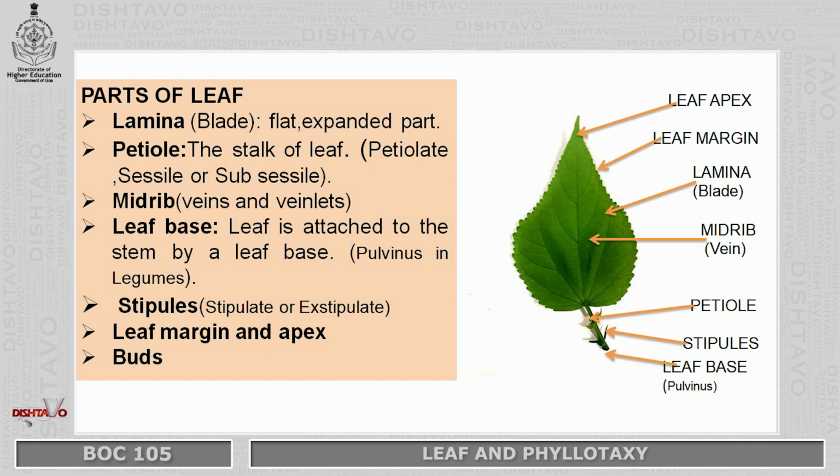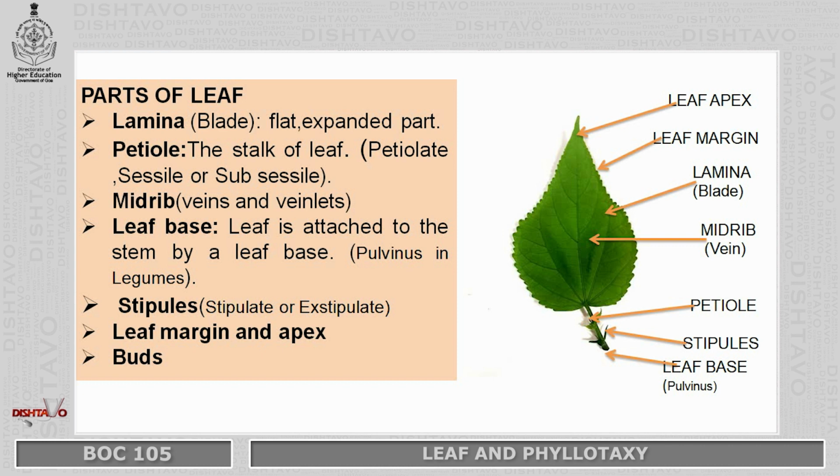Leaves develop at nodes and they usually arise from the apical meristem, which is made up of actively dividing cells. We call it the shoot meristem. From the shoot meristem, there are some small cells which are called leaf primordia, where leaves arise from these leaf primordia. Now we go to the parts of leaves.